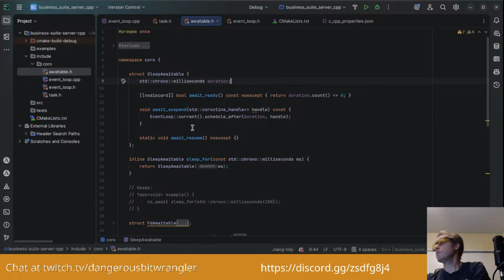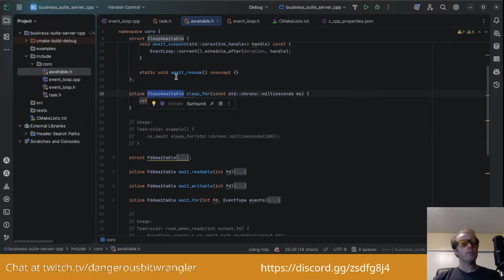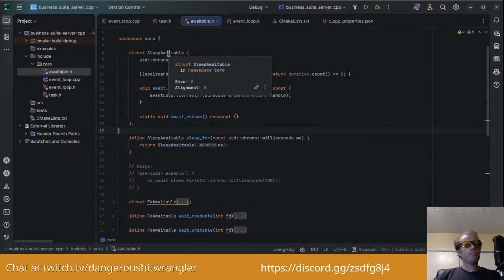Then sleep returns type sleep awaitable, which gives it a coroutine promise type with methods to check if the timer is finally ready.